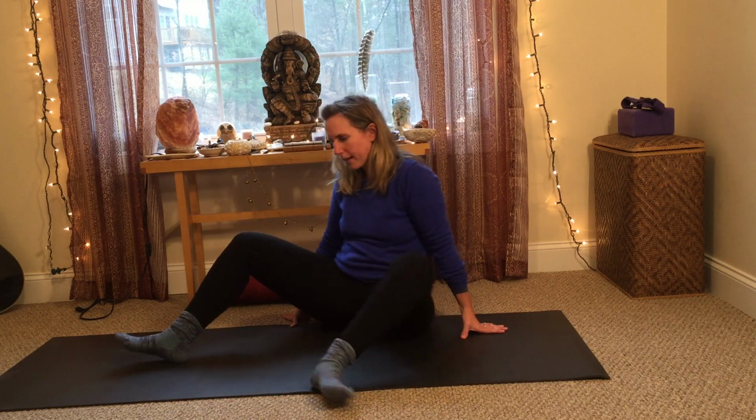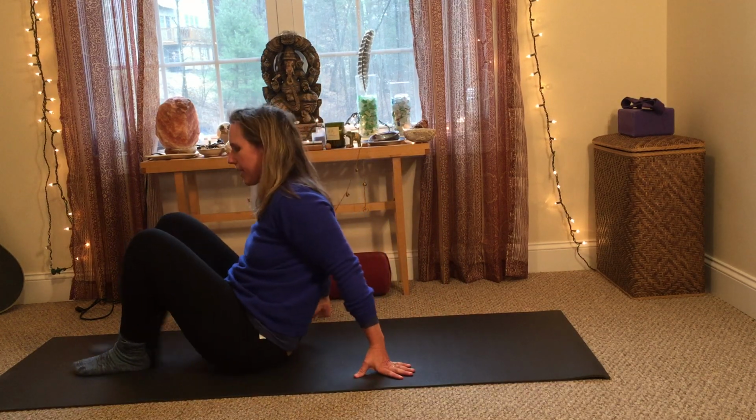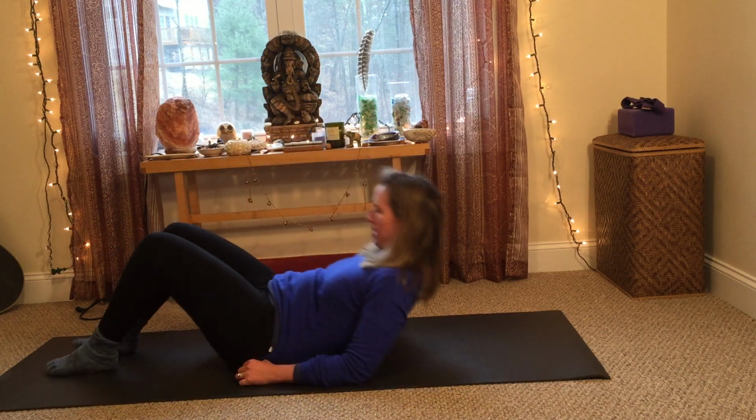Bring your hands to your heart center. And remember your intention from the start of class. How it is you wish to be feeling. And the qualities you wish to bring into your body and your mind and your heart. So just checking in. We're going to make our way onto our backs. So go ahead and lie down,